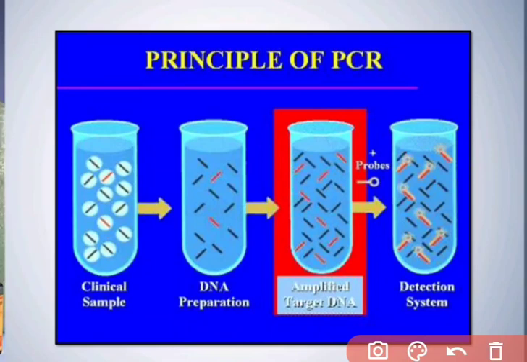So this is the clinical sample, where we can detect these two different DNAs, and then we amplify it, then we apply the probe, so that by autoradiography we can find out the presence of them. Suppose earlier only 2 were there, but by this technique we can detect the presence of virus or bacteria, so that we can start treatment at the initial stage. So that is the main application of PCR.